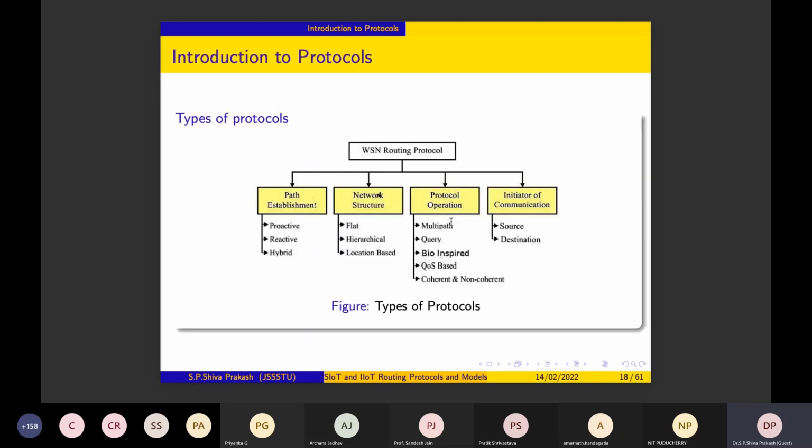So there are different types of WSN routing protocols. They can be categorized as path establishment, network structure, protocol operations, and initiator communications. Of course, the path establishment or the route discovery, especially in social Internet of Things, we call this service discovery as well as